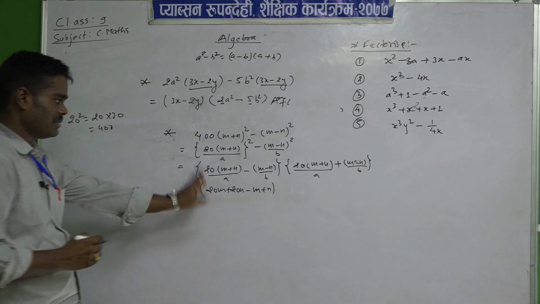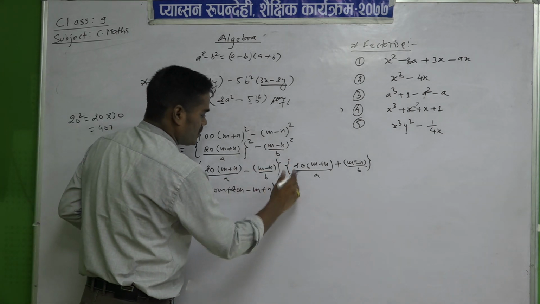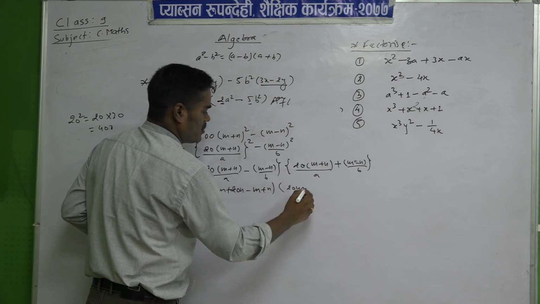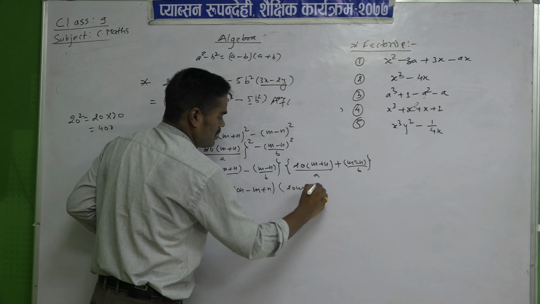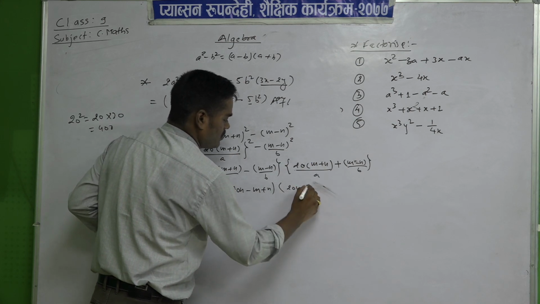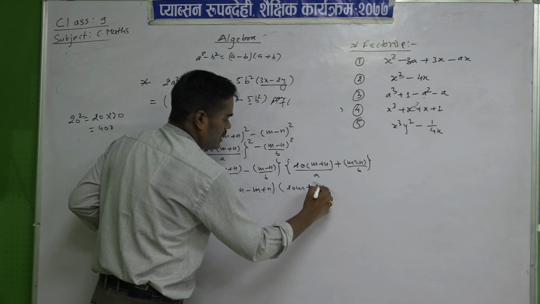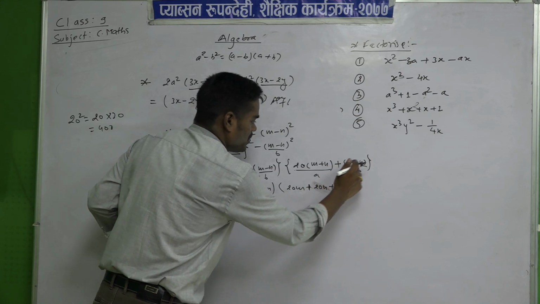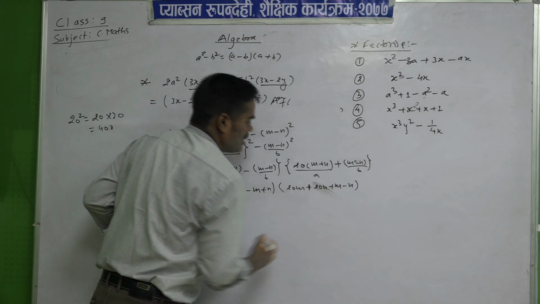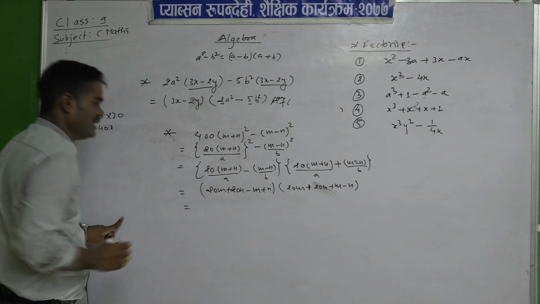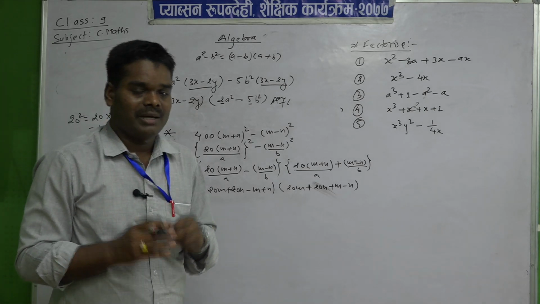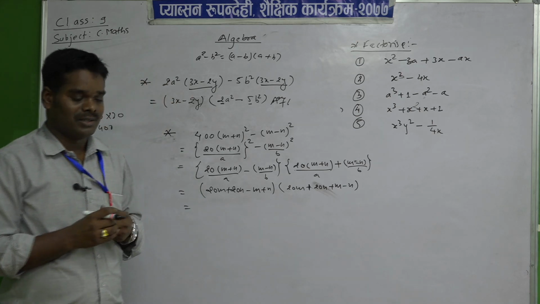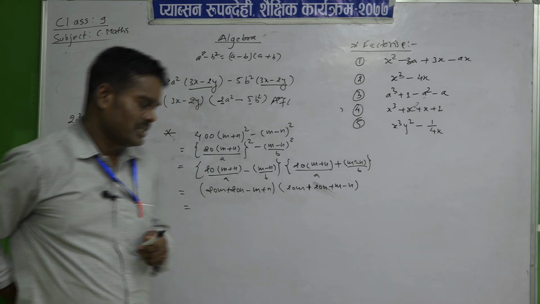Like this we have to simplify, and this also: 20 into m, here you know plus into plus, plus 20 into m, 20m; plus into plus, plus 20 into n, 20n; plus into plus, plus m; plus into minus, minus n. And then we have to see what we have to do. If like terms are there, according to their sign we have to add and subtract.